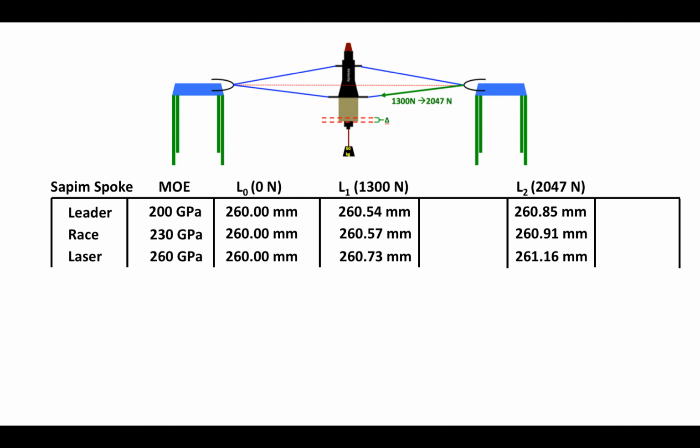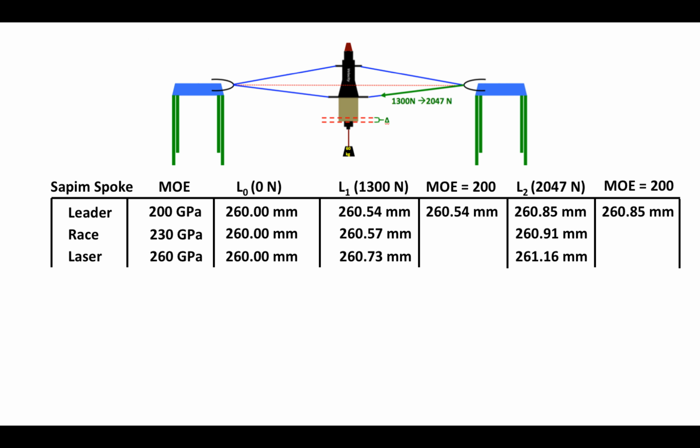Our elastic modulus for the leader spoke is the lowest of the 3, and it might be interesting to see what would happen to the strain of the laser spoke and the race spoke if the modulus of those was also 200 at those tensions shown. So we're going to make another table here showing the leader spoke at 200 and keeping that constant for all 3 spokes. You'll see what I mean in a second. For the leader spoke, since the modulus was in fact 200 already, I get the same numbers I had before. The race spoke, however,